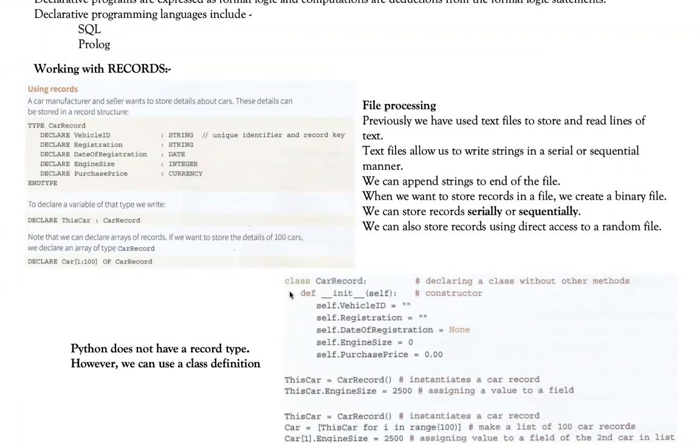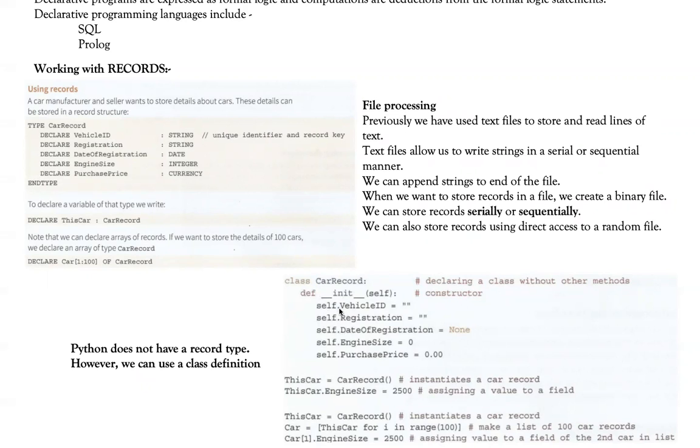Now, as you can see here, as in object-oriented programming, we used similar syntax to create a class. As you remember, this was something like a constructor, and these were the attributes, using self. Now you notice there's one thing different here. None of the attributes are declared as private. I'm not writing anything with a double underscore. Why? Because for records, I don't have any methods.